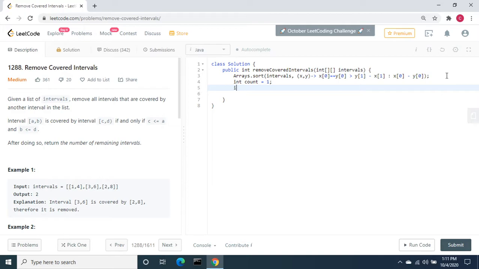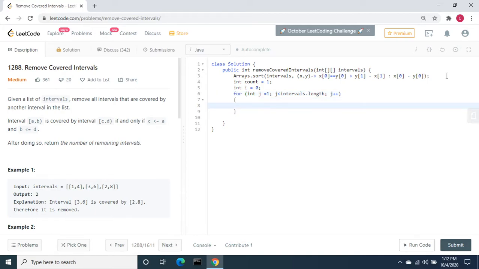To start, I am going to use one variable, int i equal to 0. For int j equal to 1, j less than intervals.length, j plus plus.